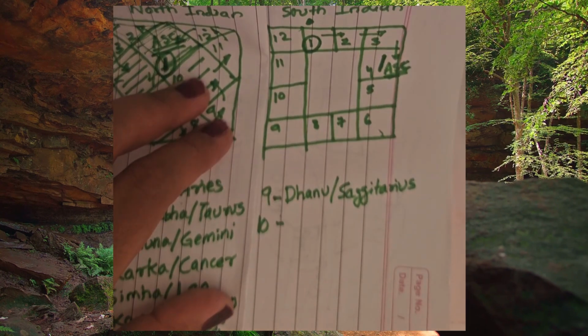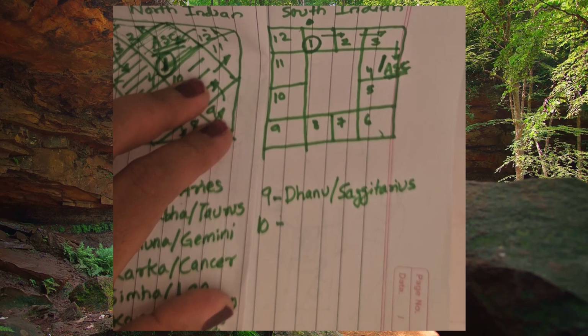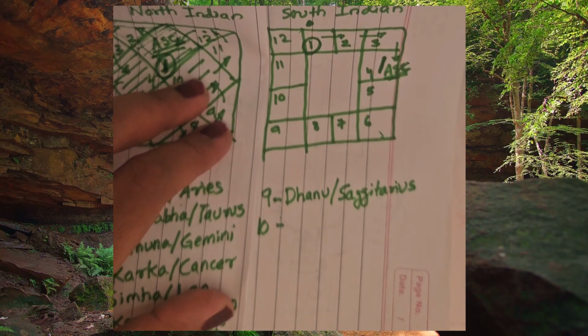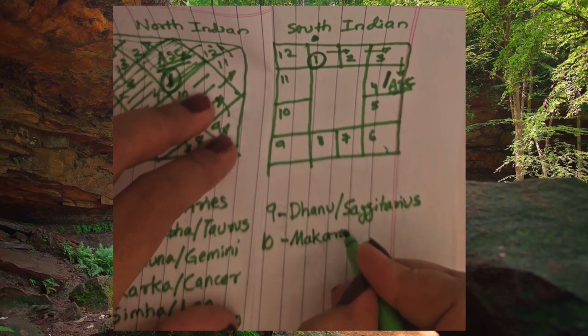The significance is a bow and an arrow depicted by an archer. Okay, so this archer is not a human being exactly. He is half human and half horse. The 10th is Makara or